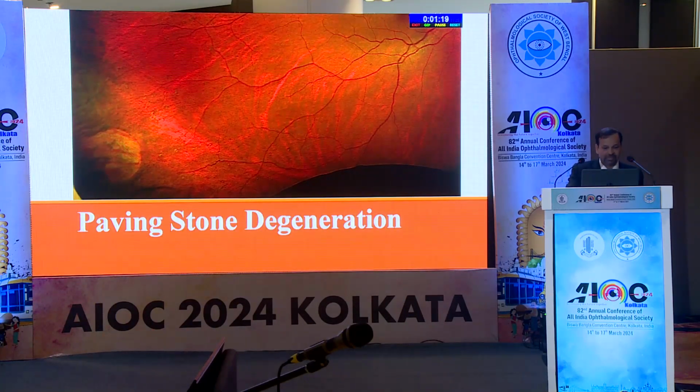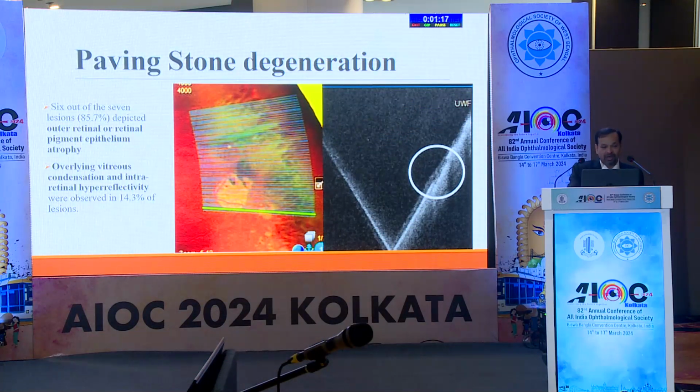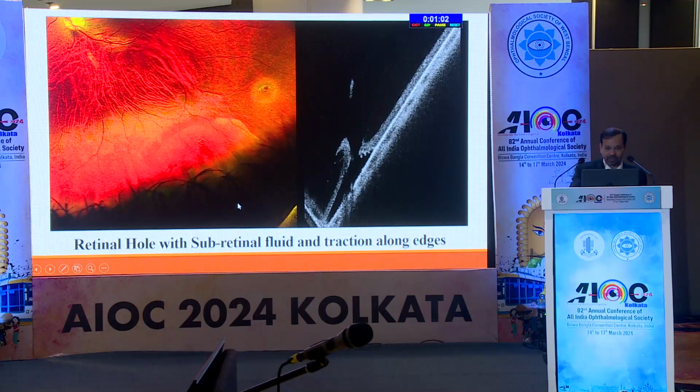Again, paving stone degeneration is very commonly found, but when we image these patients, you can see, as is expected, the RPE, this particular layer, is absent from this area, and that is why you can see the underlying sclera and the large choroidal vessels. A particular hole you can see over here, very nicely seen. There is some amount of subretinal fluid, and you can see that there is traction on this hole,